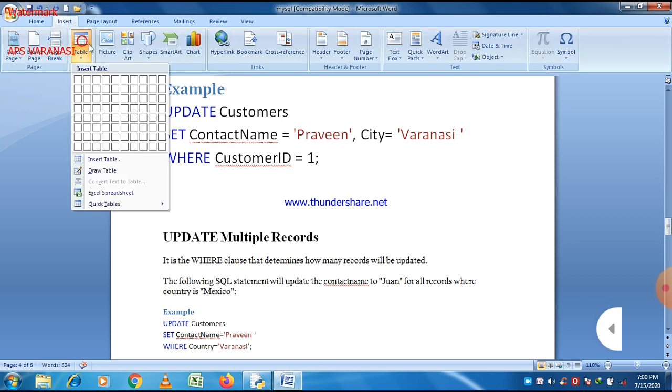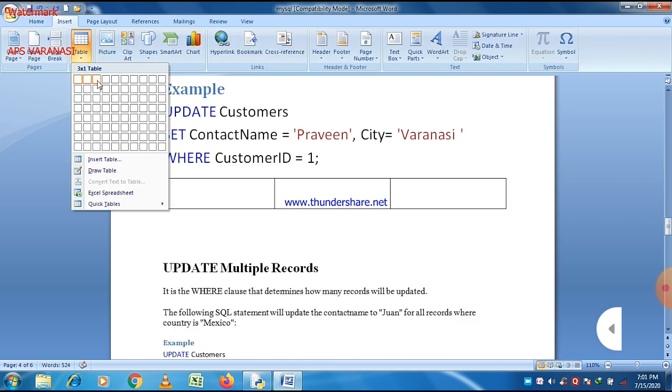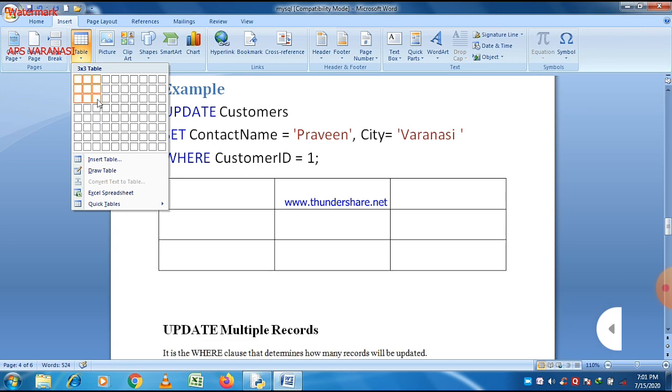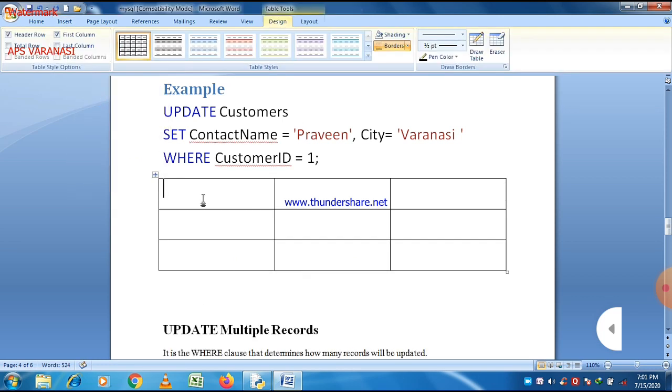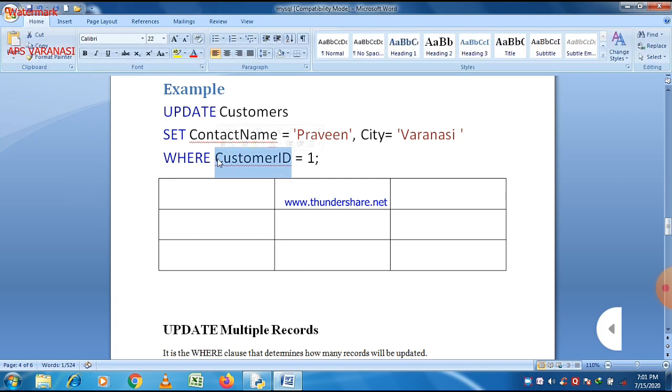Suppose the table name is customer, and we make a table of 3 by 3, and the column names are customer ID, contact name and city. So write the table name, customer ID, then contact name, and then city.